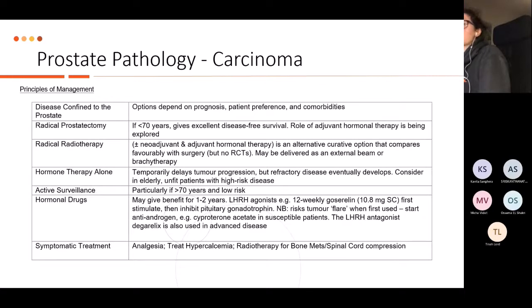Cool. And this, go and look at it in your own time, but there's lots of options for treatment. Typically, unfortunately, prostate cancer is found quite late, so it might be more surveillance, drugs, rather than the radical surgeries. Also, the surgeries can cover a lot of comorbidities. But yeah, there's lots of various options out there.